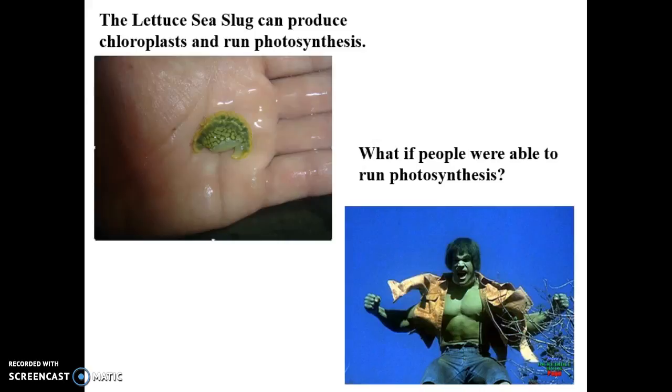So the amazing thing about this slug is when researchers first started studying it, they said, well, the slug eats the algae and that's where it gets its chloroplast, and that's really not making chloroplasts, it's just simply hijacking and using chloroplasts from algae. And then the chloroplast eventually got old, worn out, disintegrated, and the slug didn't have its color anymore, it wasn't green.